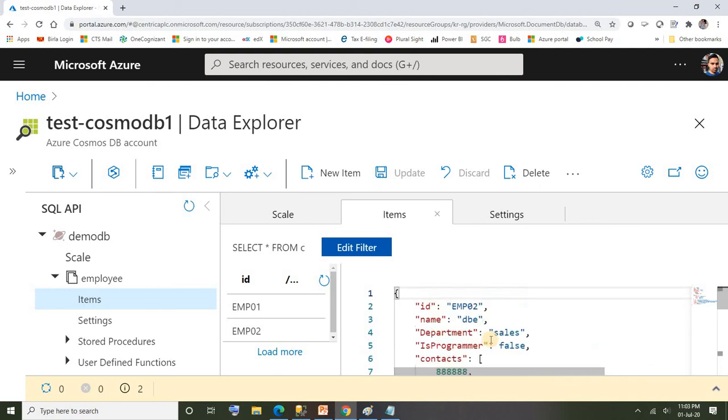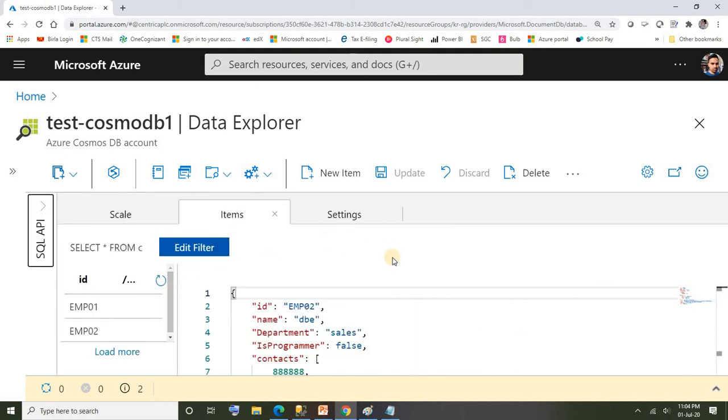Alright, this is how we can create database inside your Cosmos DB account, and how we can create container, and how we can add items to the container. Alright, okay, now how do you pull the data from container? Alright, in case if you want to update value for any of the fields of specific item, how we can do that? Okay, let me show you how we can update it.